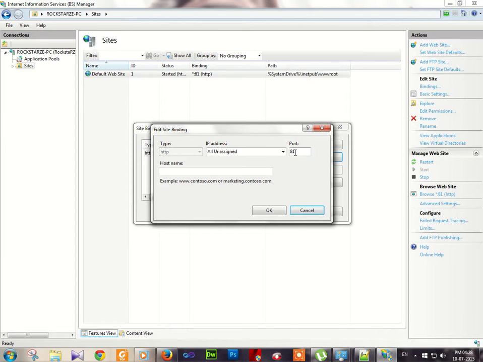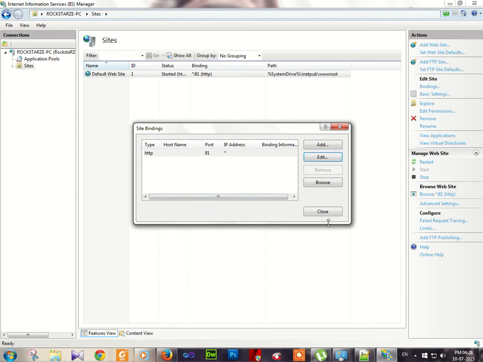Okay, it's 81 because I don't know exactly why, but I changed it to 81. It will be better if you change to 81 and don't mess with the ports, because it may sometimes hang your entire PC. So change it to 81 from 80, like what I did here. Okay, then close